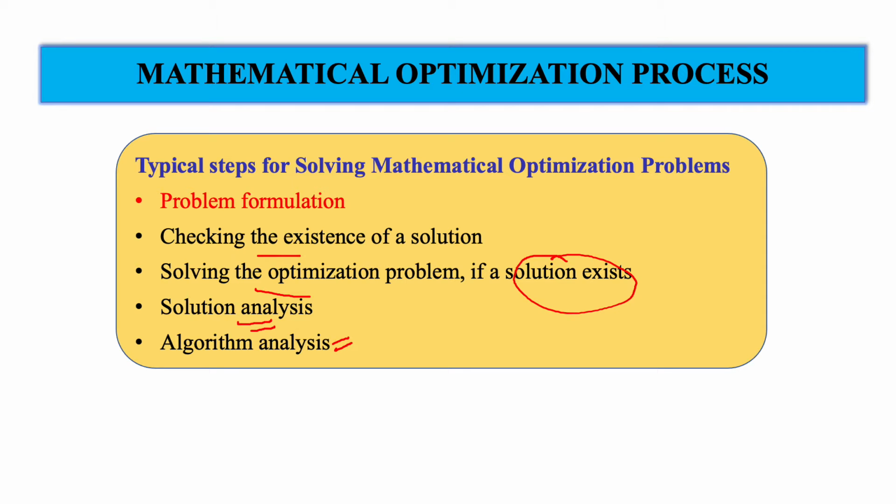Then one can go back to the problem formulation if there is a need, or you may have to solve the problem using a different algorithm if the algorithm that we previously considered is too complex for the problem. So this is an iterative process that will find a reasonable solution, and such a solution will help the decision maker for his own benefit.